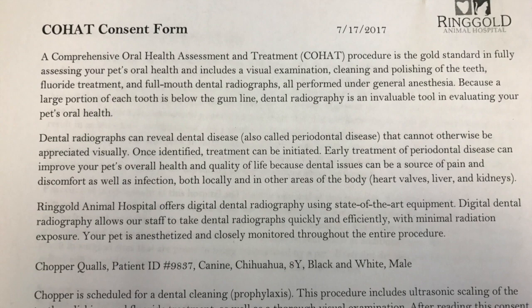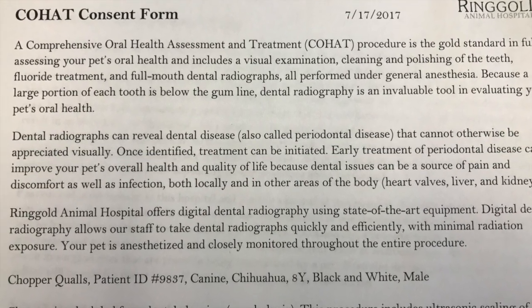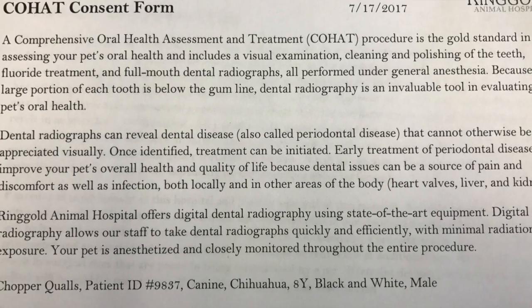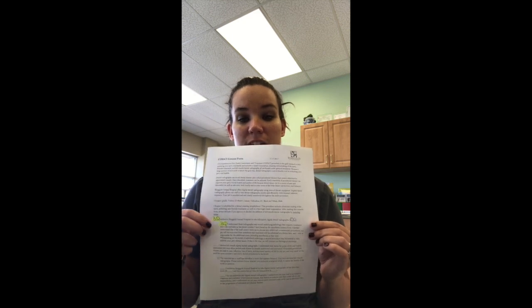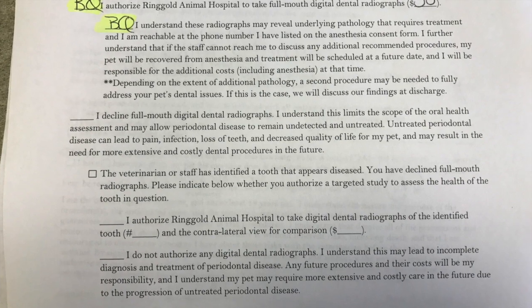This is a secondary consent form for this particular patient. This is a consent form for our dental radiographs, so it talks about why dental radiographs are important, as well as the reasons that we recommend it, so that we can fully assess the teeth and make needed recommendations. So we've got a place for them to sign to authorize the radiographs, as well as a place to